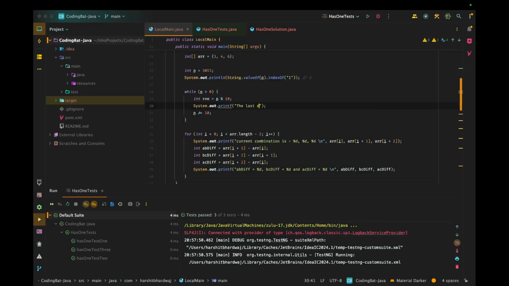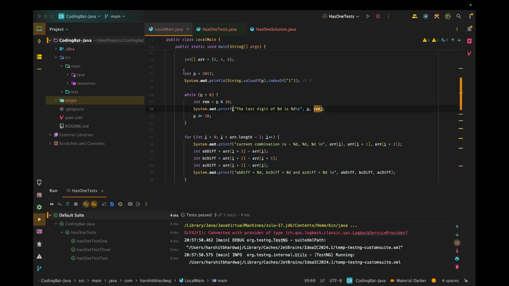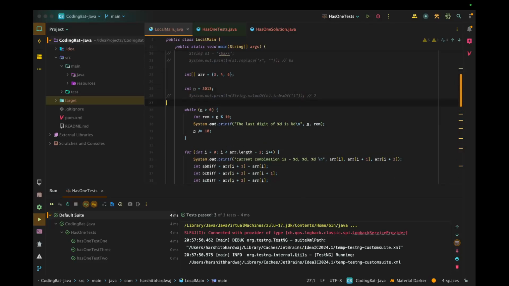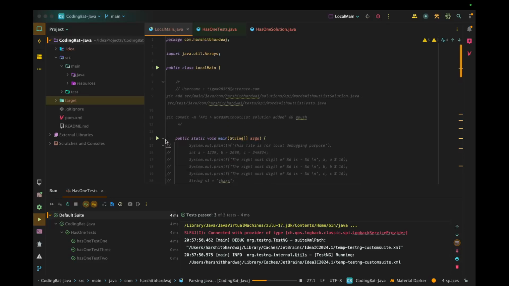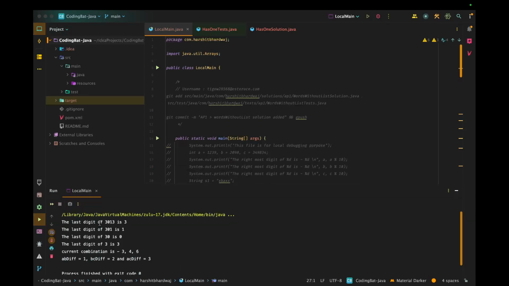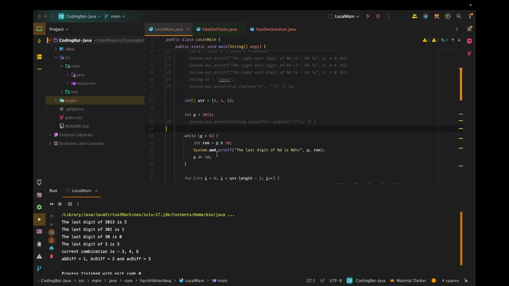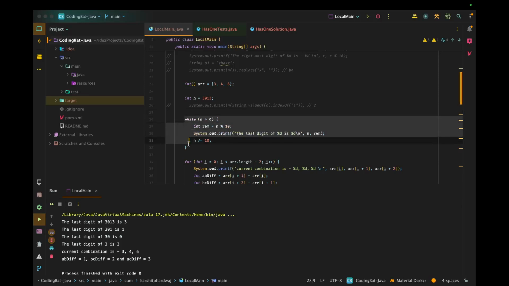The last digit of d is d, and a new line, last digit of n is rem. Now try to run this. We will be getting last digit of 3013 is 3, 301 is 1, 30 is 0, and for 3 is 3. So in this way, what we can do is,